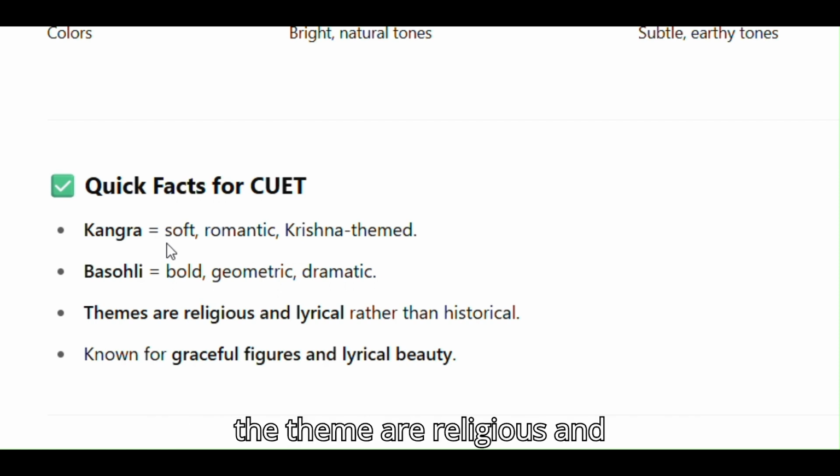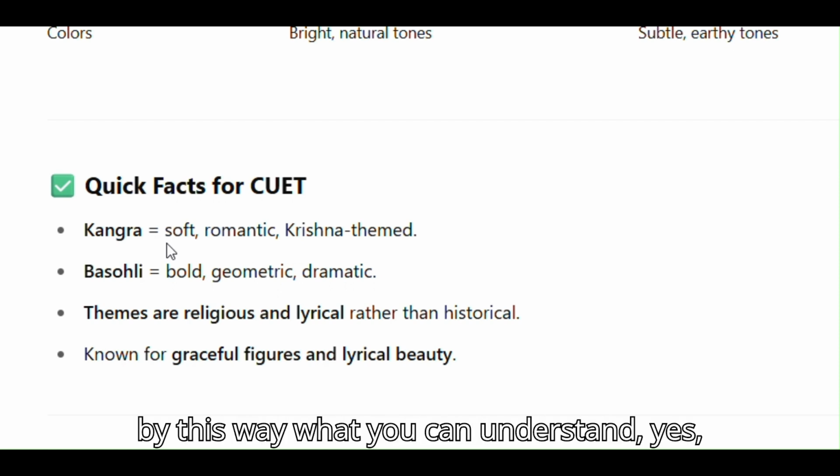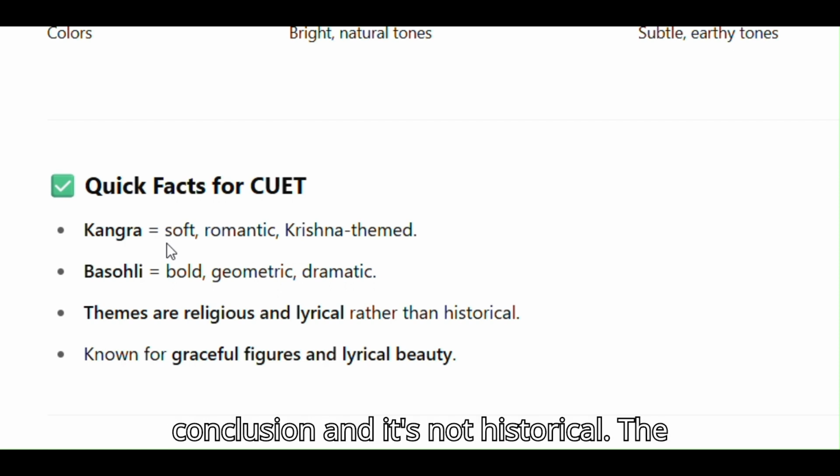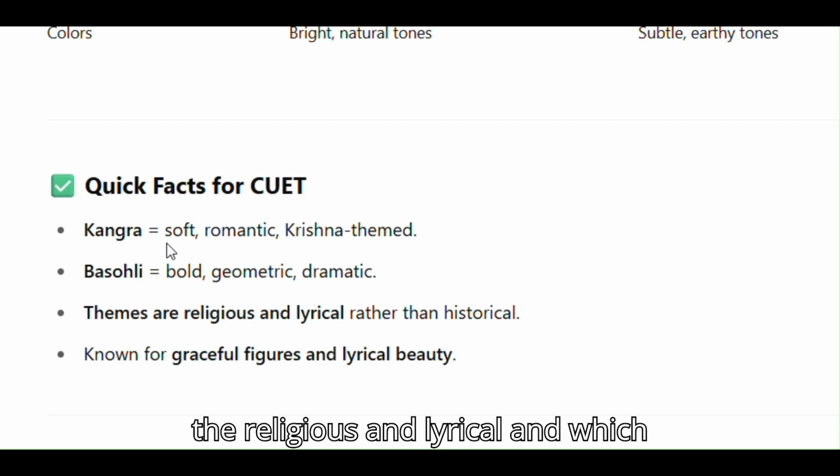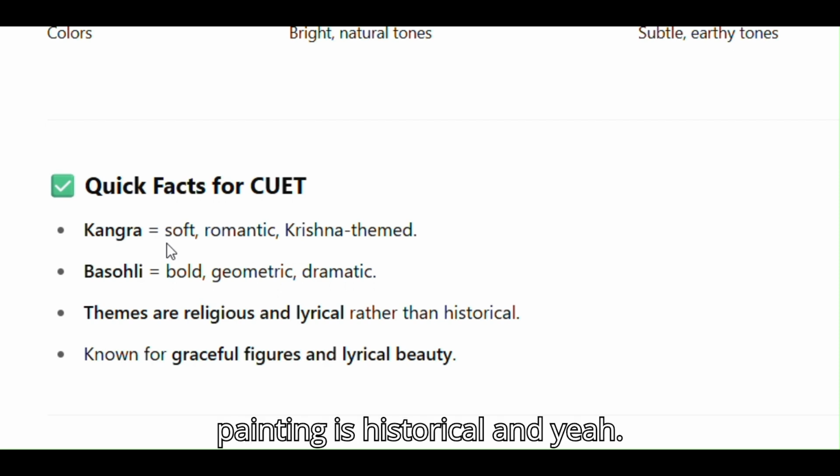And the themes are religious and lyrical rather than historical. So in this way we can come to the conclusion that the Pahari painting is not about the historical, but only about the religious and lyrical. And which painting is historical?